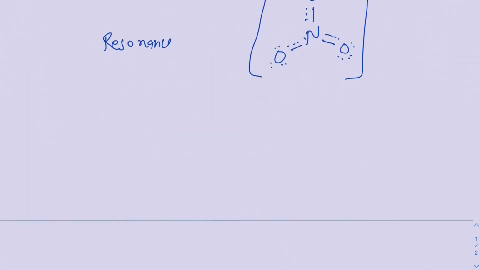Okay, so let me take another example. Let's assume I have this CH3COO-. So this seems like you have multiple centers there. Both of those carbons are going to be the central atom. So if I go ahead and calculate the total number of